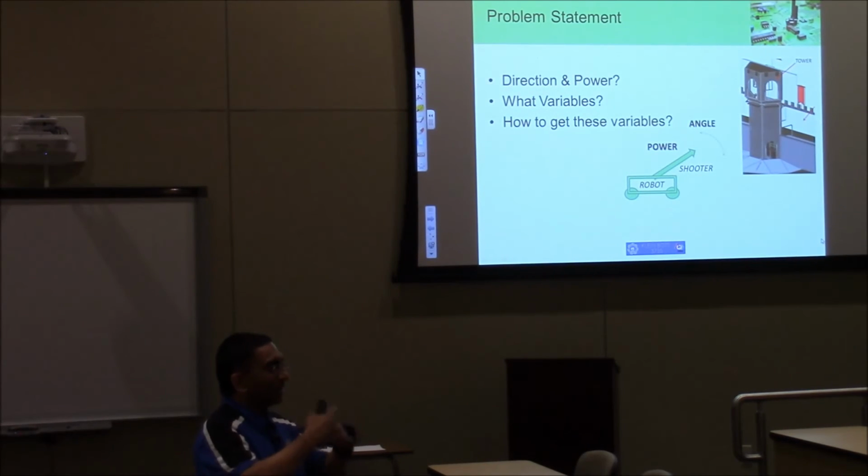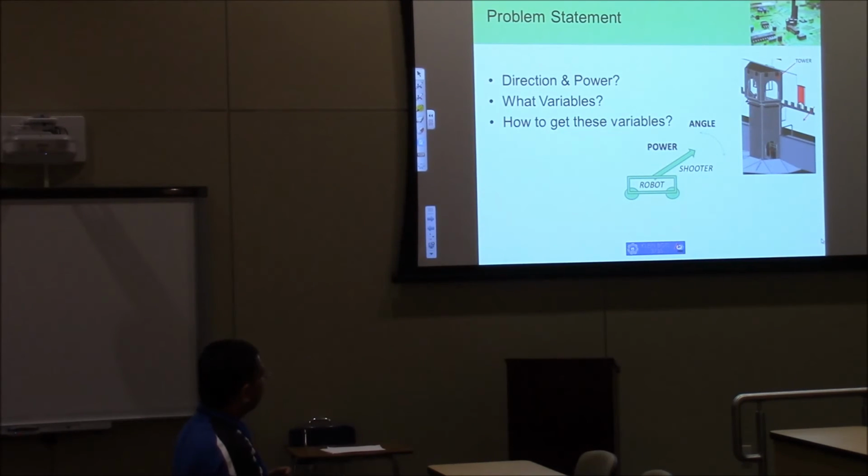So you've got to iterate. There are two ways: either use PID, or iterate and asymptotically get to your target, but that costs you time. The best way is, if you can, to calculate how far it is and how much you want to move to get to that angle. One of the things we actually did